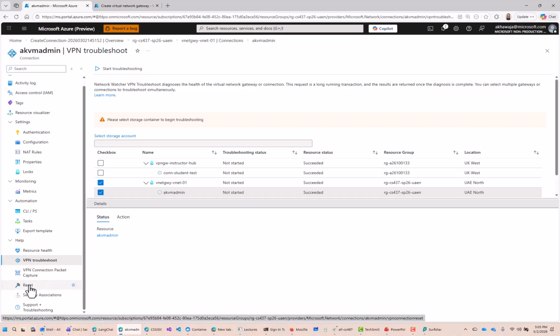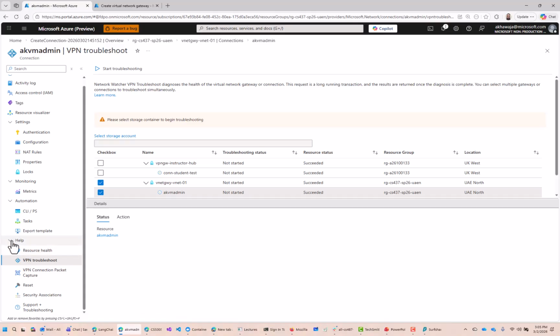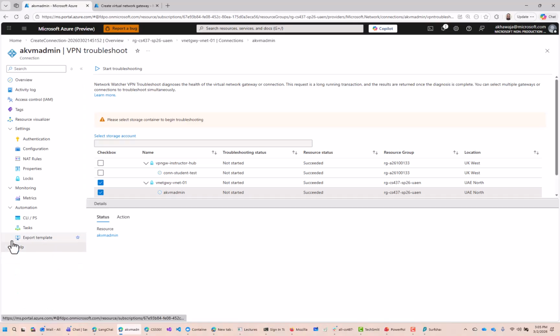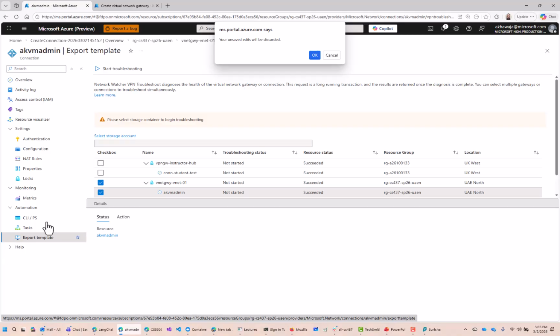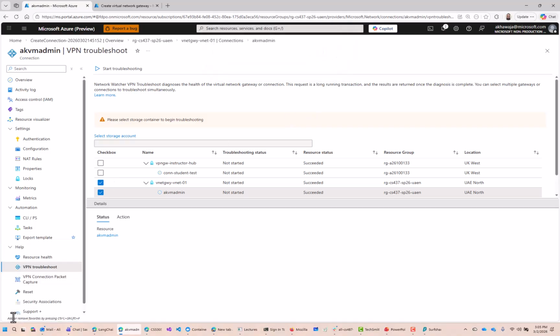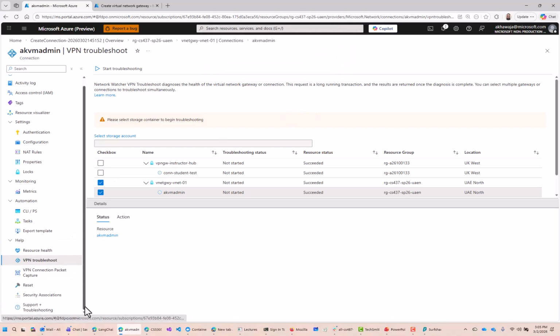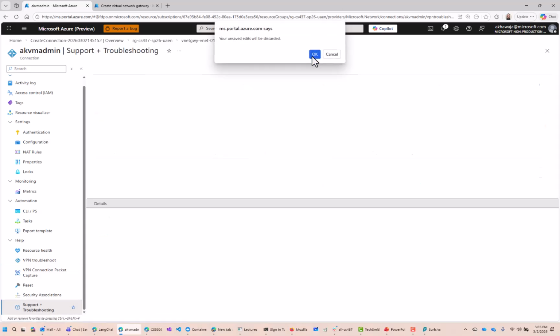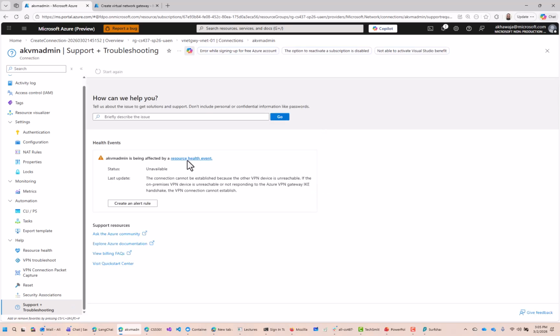Sometimes reset we do also. Sometimes it's stuck, it just kind of reboots the VPN gateway, right? And does that, right? So there are a lot of things available, tools are available to figure this out. इसके अंदर भी before you open the support case, they have done this. For example, यहाँ पे support and troubleshooting. If you go back over here, right? So you can say, for example,